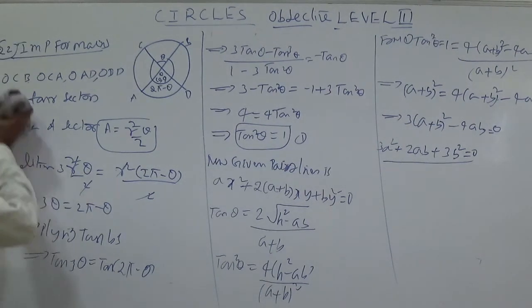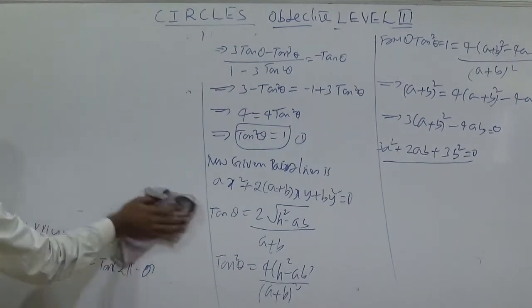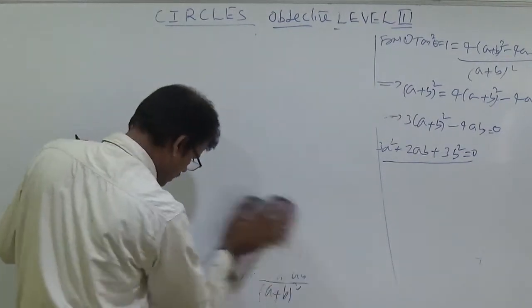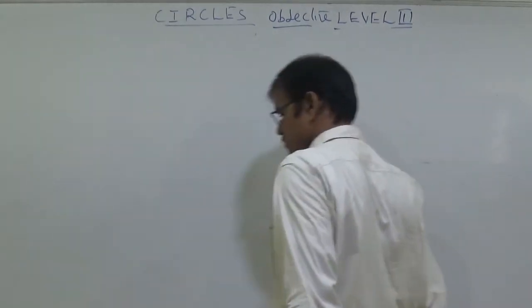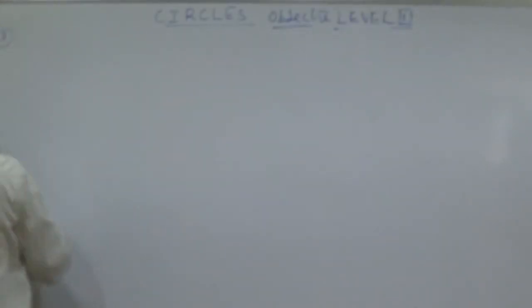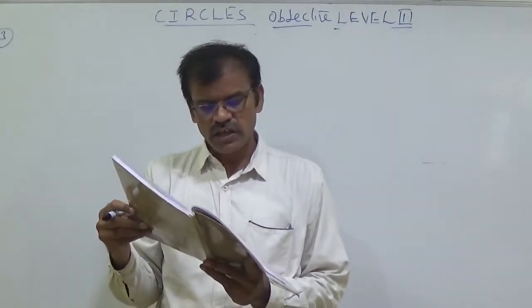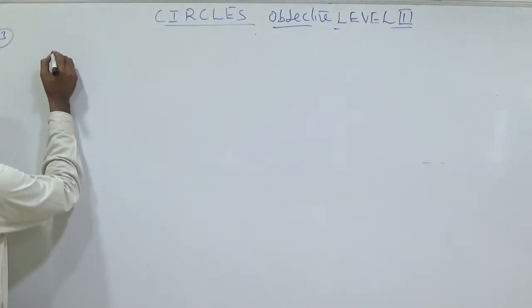Now the 23rd question, this is also an important question. In the old book this is question 594 in the circles chapter. In previous books there are 696 questions in total, level 1, level 2, level 3. This is the most important conceptual question. 23rd question: 3 coins of unit radius are placed in an equilateral triangle as shown in the following figure. Find the area of the equilateral triangle. Let us discuss the diagram.